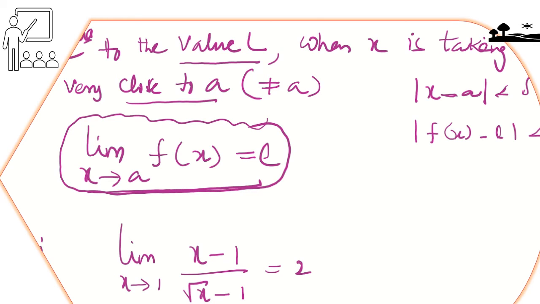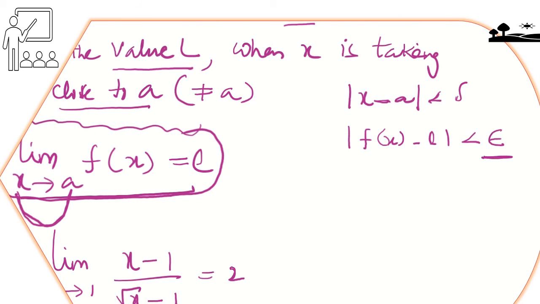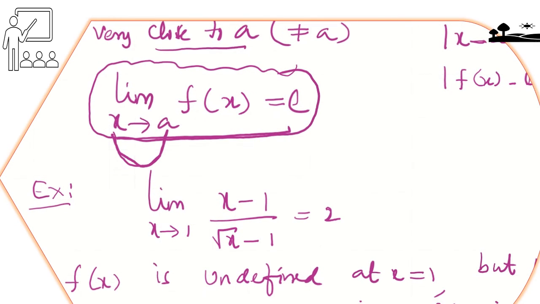The other sense is, whenever the difference of these two is a very, very small quantity, I am taking delta here. This is a small positive quantity, and the difference of these two is also a very, very small quantity: the absolute value of f of x minus L is less than epsilon. For a given epsilon, we are able to find delta. This is the actual definition of a limit. If I give all this, you won't feel comfortable, so I'm giving it shortly: limit as x tends to a of f of x equals L. This is the basic notion of a limit.